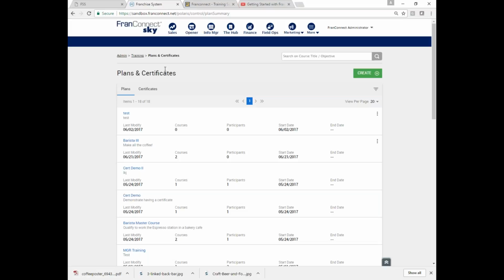And you're going to go into plans and certificates because certificates are appended to courses. You've already made your courses and they've got all that stuff in there. So the next thing you're going to do is stick them together with certificates to make plans. So that's why certificates are in with plans. When you create, it's going to ask which one am I doing, a plan or a certificate?